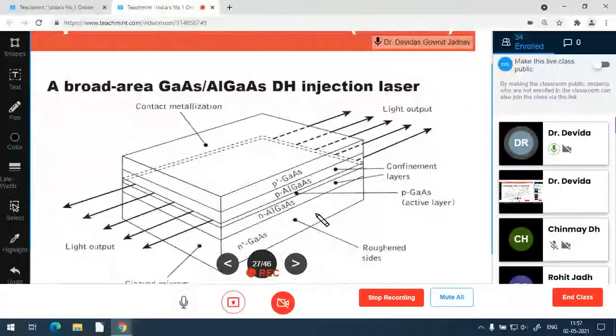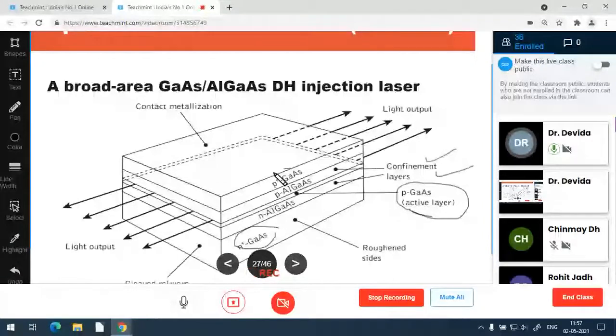So this is the structure, which has the confinement layers, optical confinement, then electrical confinement, and then the active layer, and there are other conducting layers, N plus and P plus, to have better conductivity to generate a large number of charged particles which are taken from both sides of the external biasing terminals. So it becomes a 5 layer device. P plus and N plus are for conductivity.